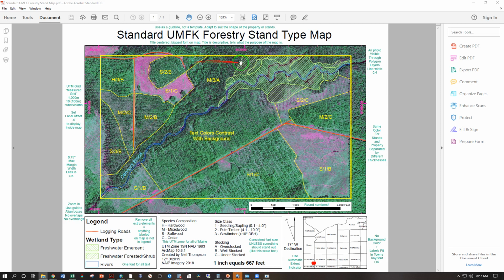We're going to make this map and lay it out for inventory, meaning that we're going to generate points that you would navigate to in the field using this in the Avenza Maps app or in your GPS. For my foresters, this would be all in a day's work. For the rest of you, who I anticipate to be future landowners, this is what you would be asking of